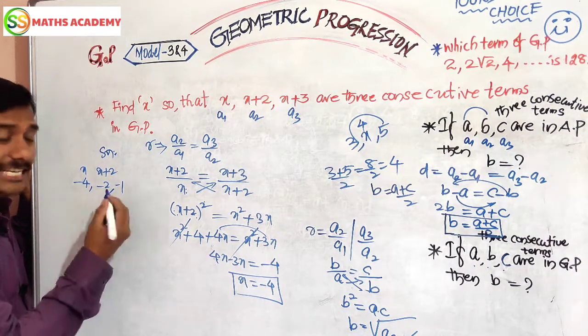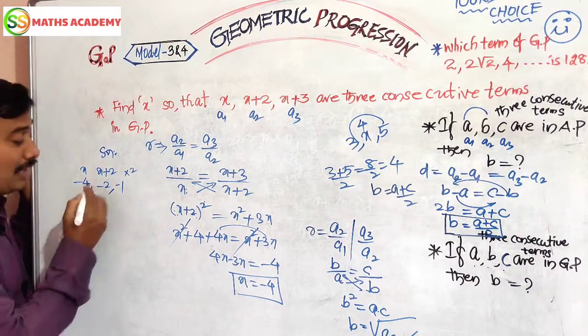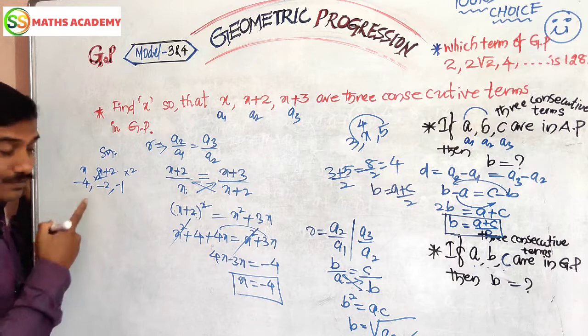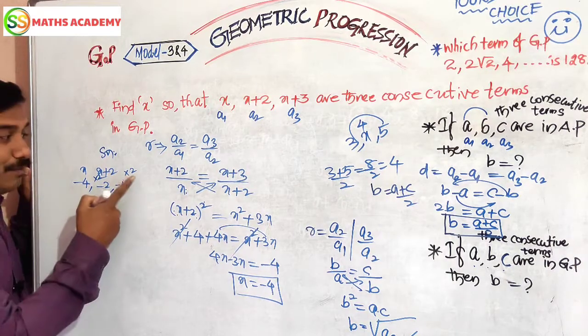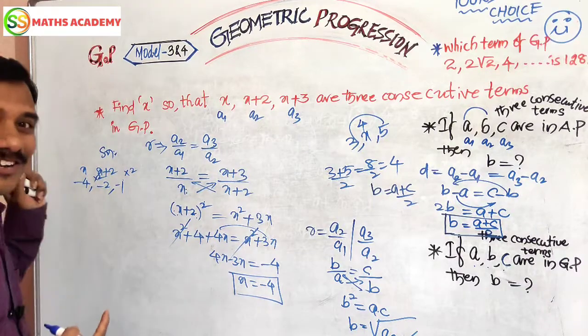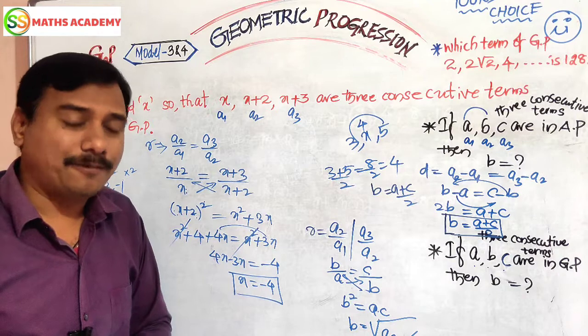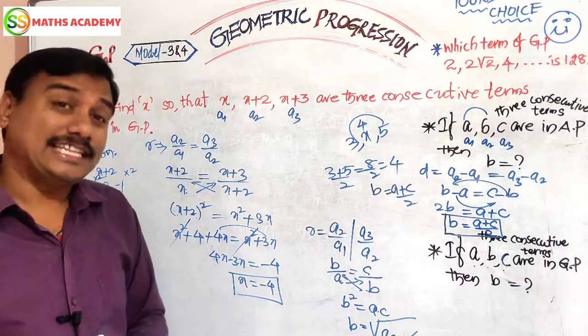Is it correct or not? Check it once. Minus 1 into 2, 2. Minus 2 into 2, minus 4. Get it? So, fixed multiplied number into 2 into 2. Yes, we have to get the answer. So, this is the value we should get in the 1 mark area. The same question will be there in the exam.